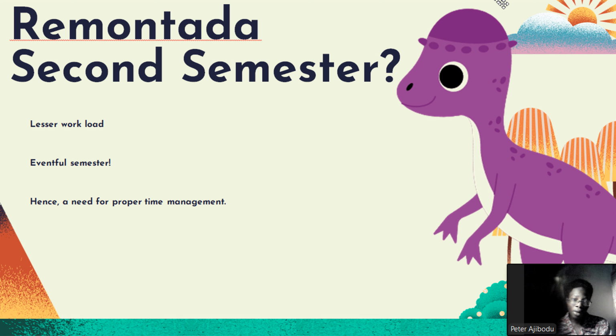For many departments, the second semester used to be of lesser workload. The workload used to be a bit lesser for some departments in the second semester, but for some departments it used to be more. So regardless of the situation, it's important that you have good structure on how to go about the second semester. And it's very important to note that the second semester in the University of Ibadan is always eventful,